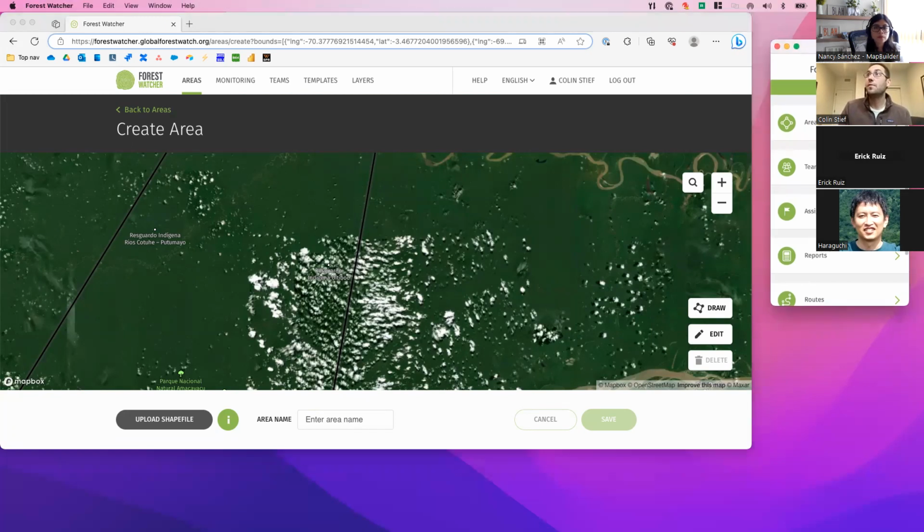So I'll go over to the right here, and in the Areas section, you can see I've got my same area here. And then if I click the plus button on the top right, it presents me with 3 options. I can draw a new area, I can upload a shapefile, or I can import Forest Watcher data from a bundle. A bundle is a very special file type that is specific to Forest Watcher, and it allows you